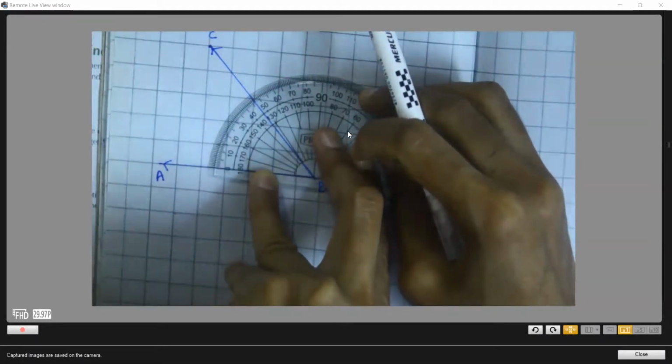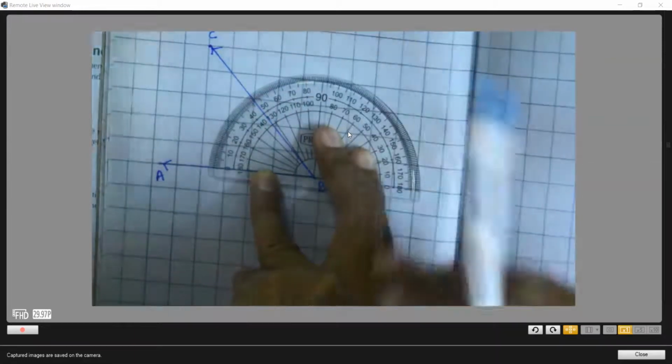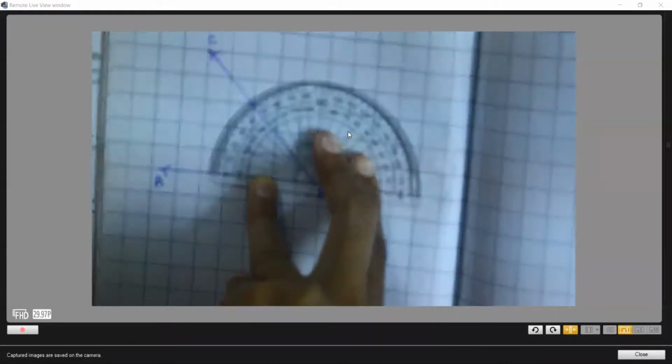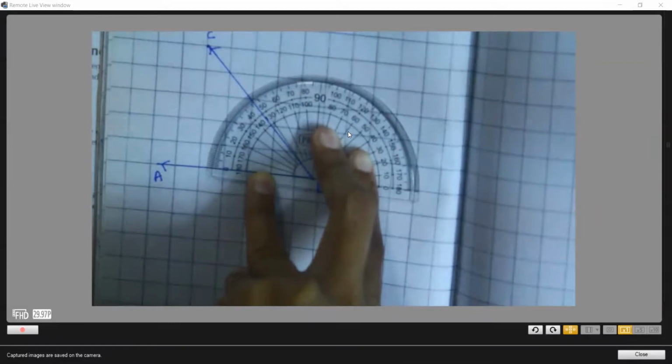So we can say 46.5. Yeah, let me zoom in. I think